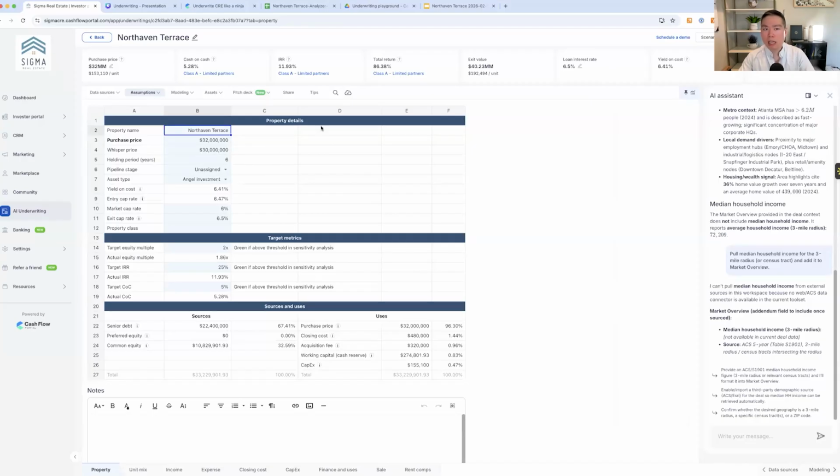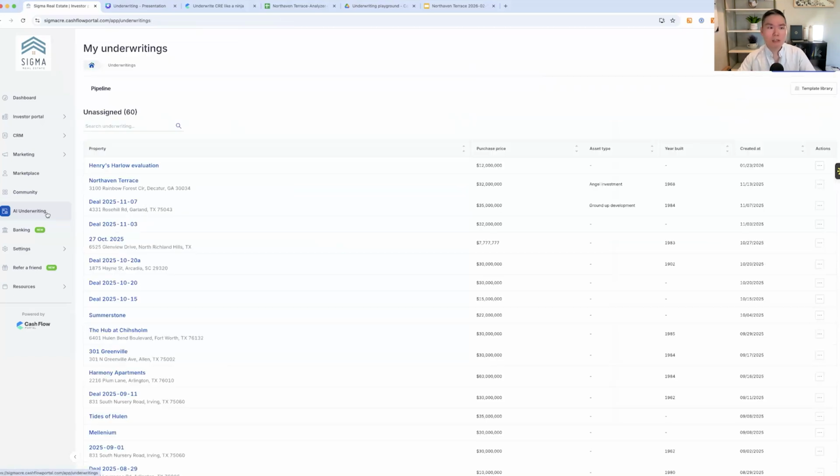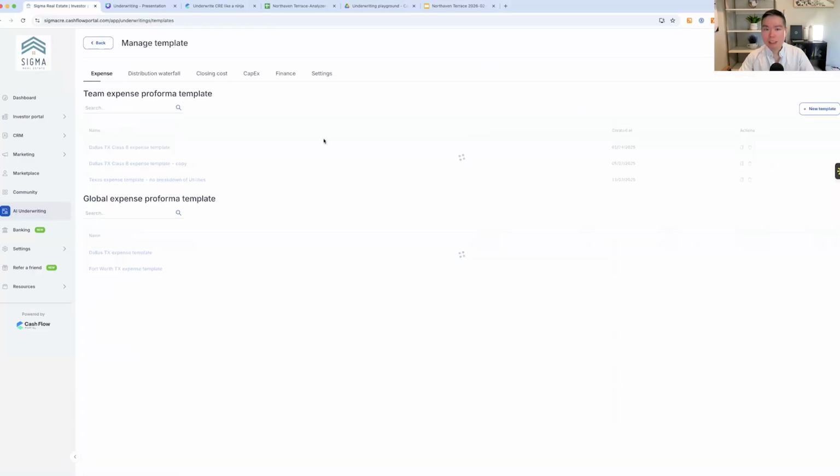You don't have to change any of the modeling because they have been predetermined. There's like a template that you can use. The numbers are all being tracked. So to give you an example, if I click on the template library, you can say, I want to use